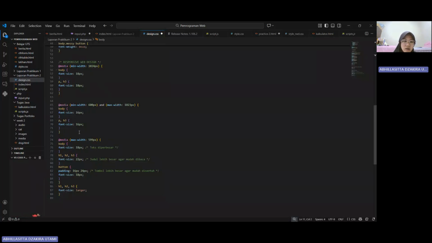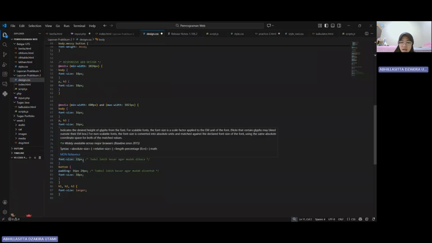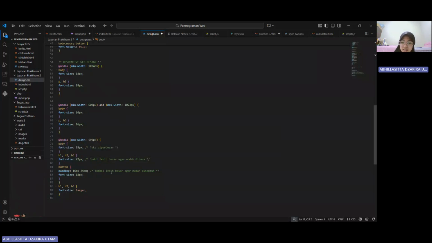The second query is for medium screens between 600 and 1023 pixels, for tablets, where the font size is slightly decreased. This last section is for screens under 599 pixels. The text becomes larger, the headings grow in size, and the button becomes bigger to make them easier to tap. We can see the conclusion is the combination of these three files in this project demonstrates how